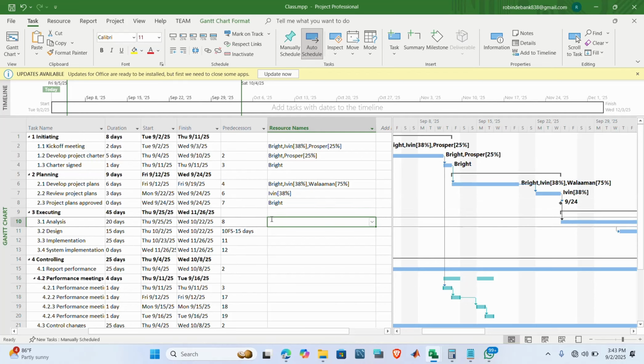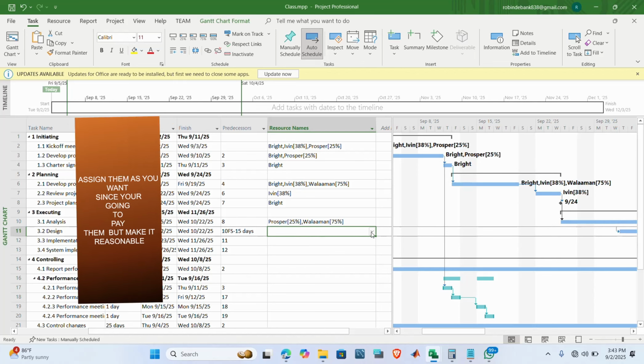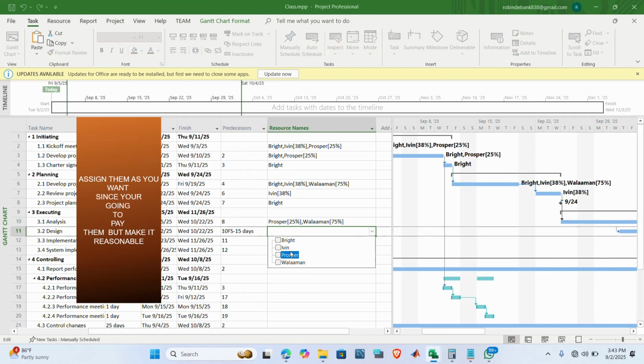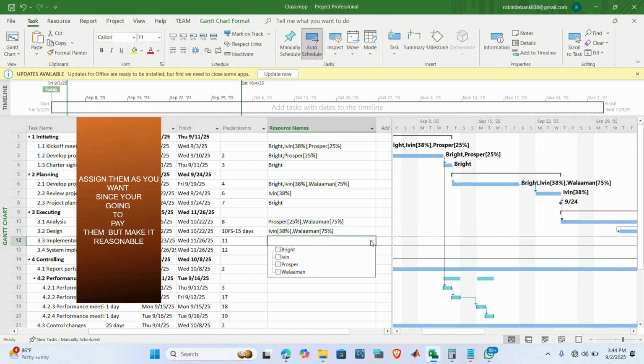For the analyst stage, we need one programmer and one system analyst to do that. So that's their work. Another one too, the design of the system, we need 2 programmers. For implementation of the system too, we need 2